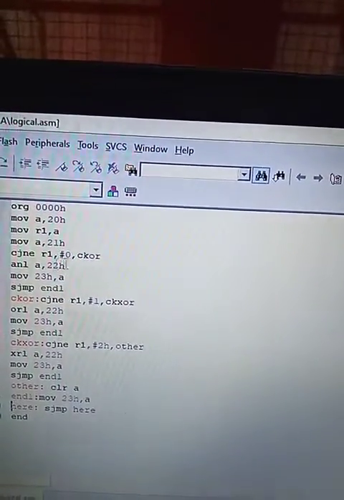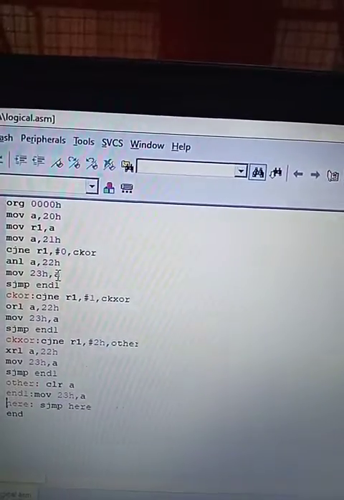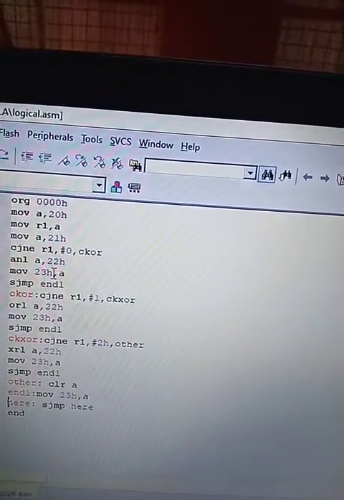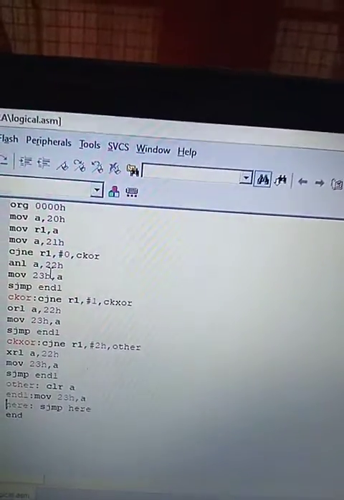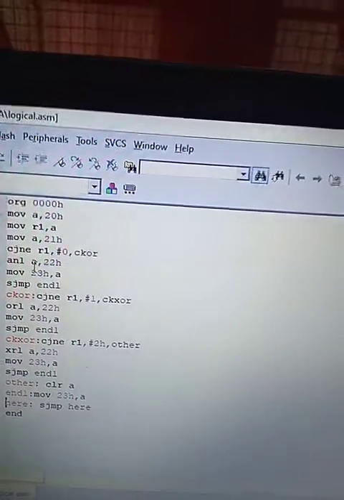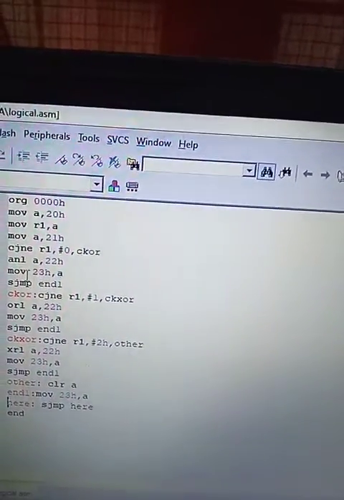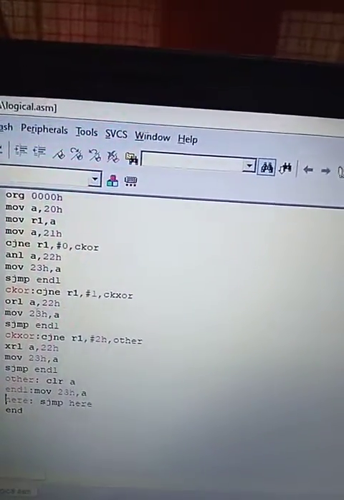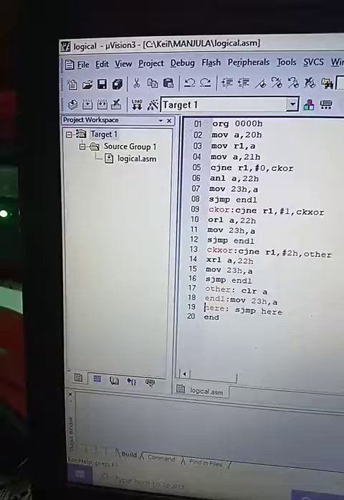If R1 is equal to 0, it will perform ANL A, 22 hex. That is, with whatever data is in the 22 hex, it will perform the ANDing operation and it is moved to 23 hex location. Similarly, it will perform the OR operation and the XOR operation.